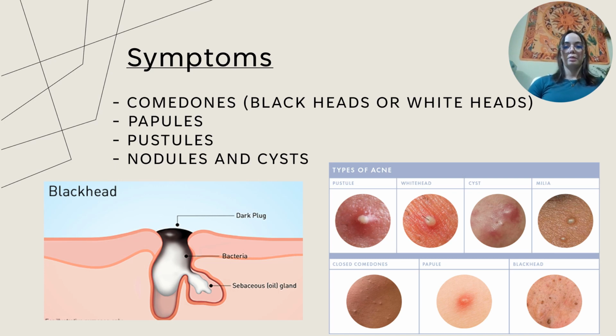So, some symptoms of P. acnes: acne manifests as a variety of skin lesions, including comedones, which are blackheads and whiteheads, non-inflammatory lesions caused by the accumulation of sebum and keratin in hair follicles; papules, small red raised bumps caused by inflammation; pustules, inflamed lesions containing pus; and nodules and cysts, which are more severe, deeper lesions that can be painful and may lead to scarring. Acne commonly appears on the face, neck, chest, back, and shoulders, which are areas, again, rich in sebaceous glands,